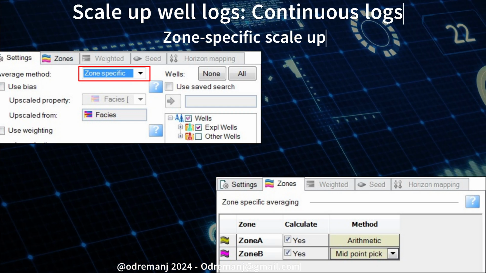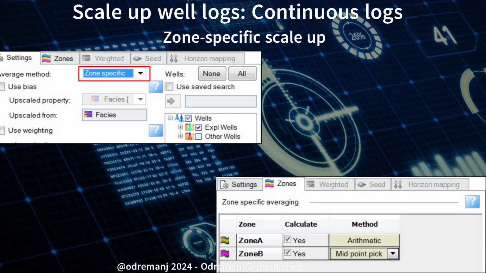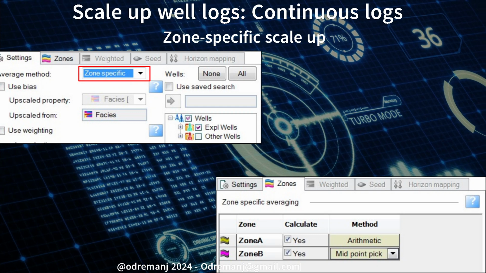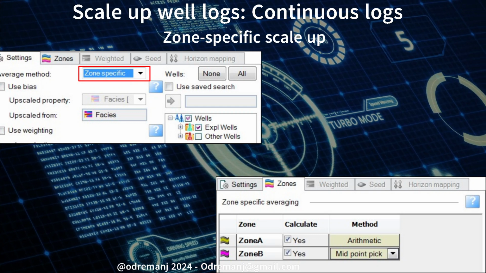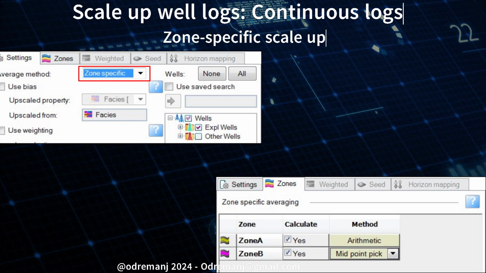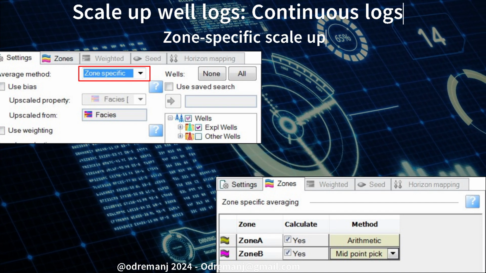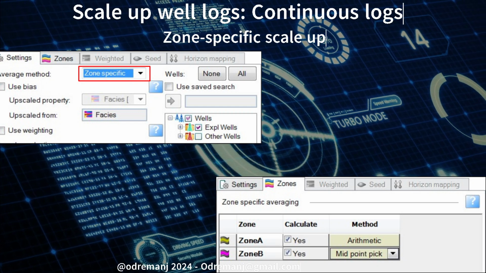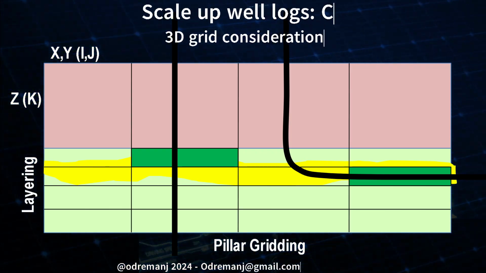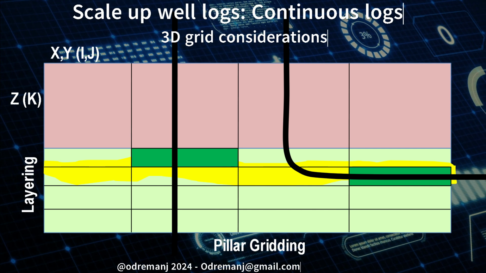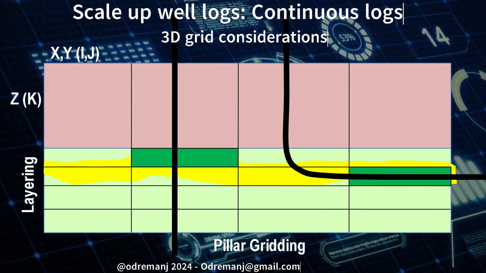For example, you might use the harmonic mean for vertical sections of the well and the geometric mean for horizontal sections. This tailored approach enhances the accuracy of the model by accounting for the unique characteristics of each zone within the reservoir. When upscaling well logs, the grid cell size and the type of well, vertical, deviated, or horizontal, play